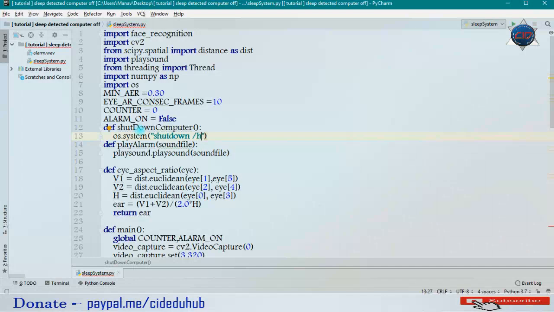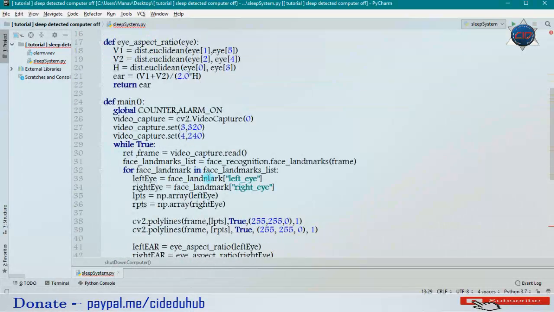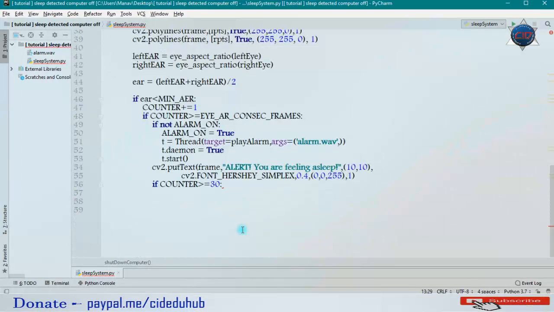Okay, it is the command for hibernating our computer. I will provide the link in the description box of my blog, and there I will show you how we can log out our computer or shut down our computer also. So we are just doing it for hibernating, so I will use here only hibernate system, and now I will call this method here.